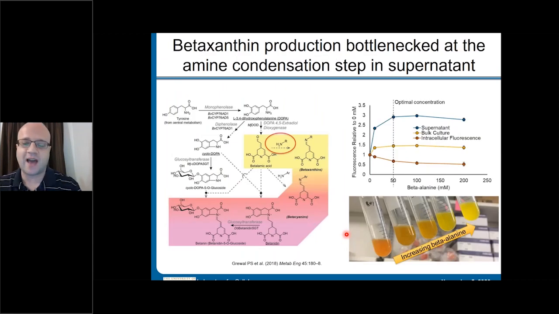We also did some similar work with beta-xanthin. This is a product that is interesting because it's a pathway towards very interesting pharmaceutical agents, and beta-xanthins in general can be used as a colorant. So it allows us to do a very rapid color screen without needing more sophisticated biosensors in our screening system.